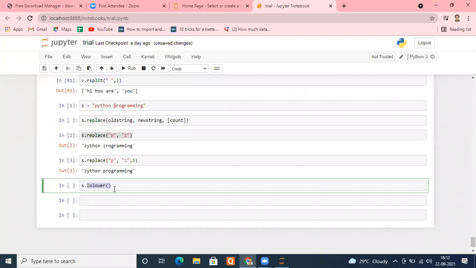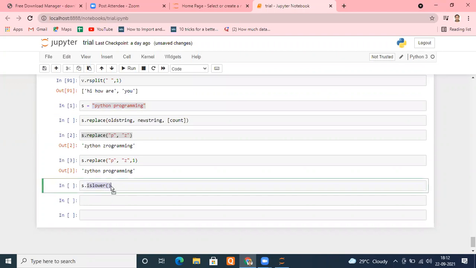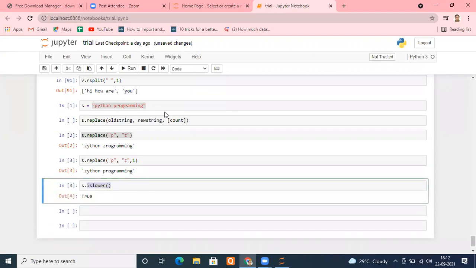It returns true or false, depending upon your characters. For example, if every character of a string is a lowercase character, it is checking islower, and if that is the case, it will return true. In our case, all the characters are lower, so let me run it. You can see it's true, right?